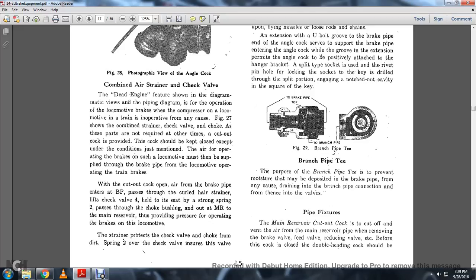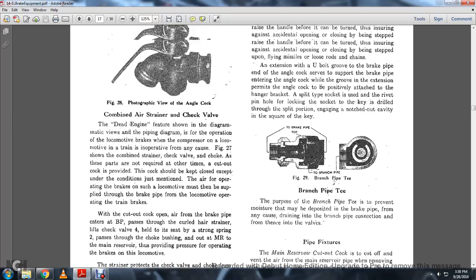Brake pipe pressure passes through the air strainer and the check valve, past the strong spring, and through the choke bushing to the main reserve, providing pressure for operating the brake on this locomotive. The strainer protects the check valve and choke from dirt, and the spring over the check valve ensures the valve